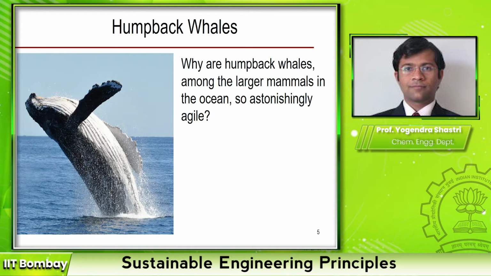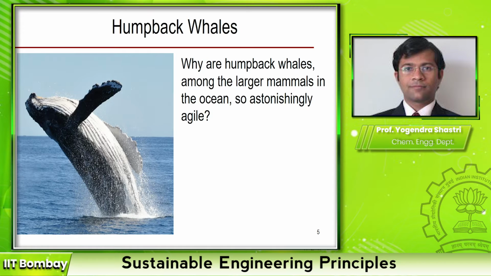So the story behind this is that humpbacked whales, if you have seen one or if you know about humpbacked whales, these are large creatures. They are very huge in terms of size, mass, and all those things. So these are large mammals, but they are extremely agile and they are able to change their direction of swimming very quickly. So people who were observing the humpbacked whales were not sure why that is the case. How come they are so large in size, yet they are able to move around so quickly?